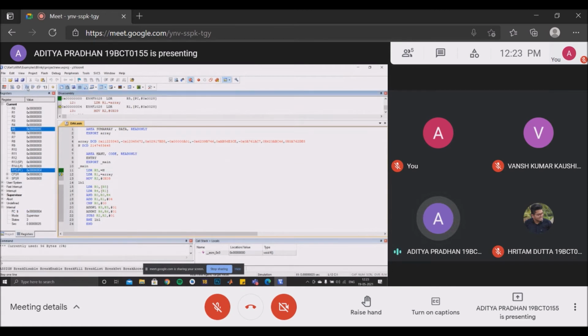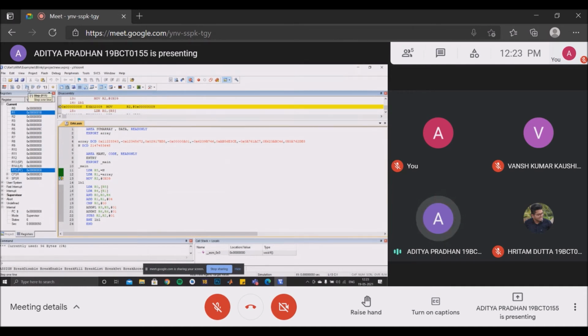On execution of line 11, R5 is loaded with a 32-bit value 0000005C. So the last two digits are 5C, which are pointing to a constant value in the code. On executing line 12, the base address of the array is loaded to the R1 register and the last two digits are 32. This can be seen here in the register dialog box.